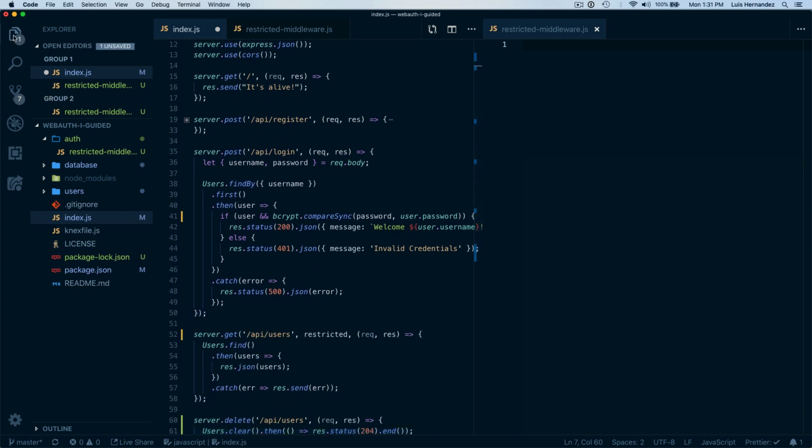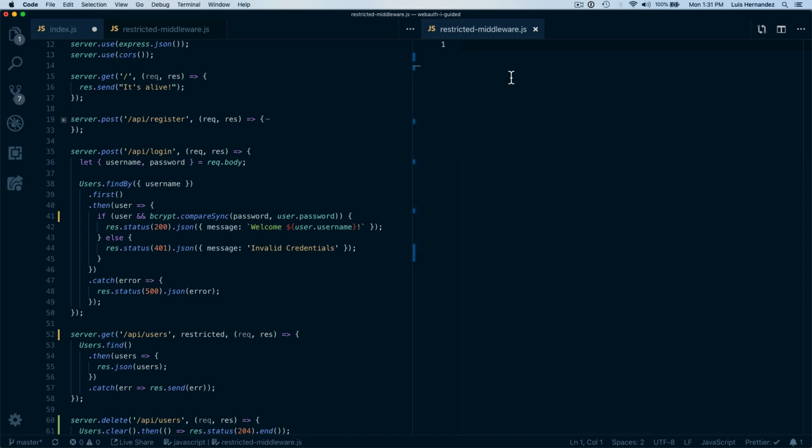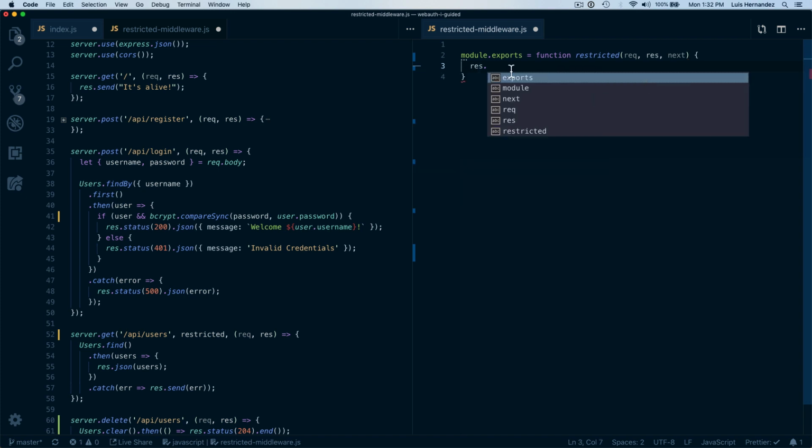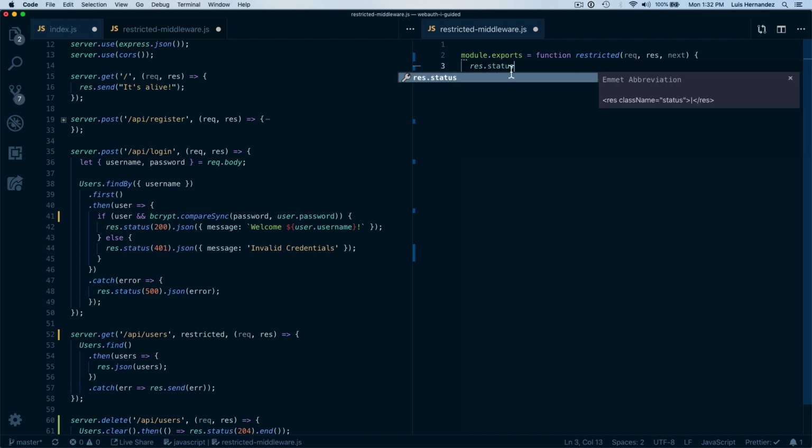Now, of course, we are requiring it in index.js, but we haven't exported anything from the restricted middleware yet. So let's stub it out to see it in action. Let's do a module.exports. And of course, this is a middleware function, so it's going to have the three amigos: req, res, and next. For now, we're just going to return a 401 for every request that comes into the server and goes to this middleware,